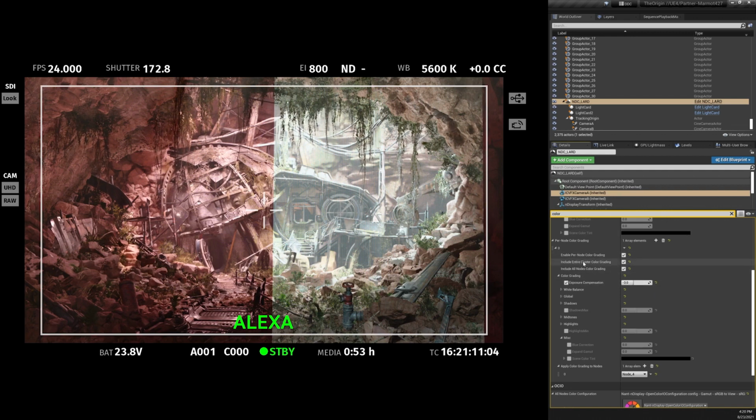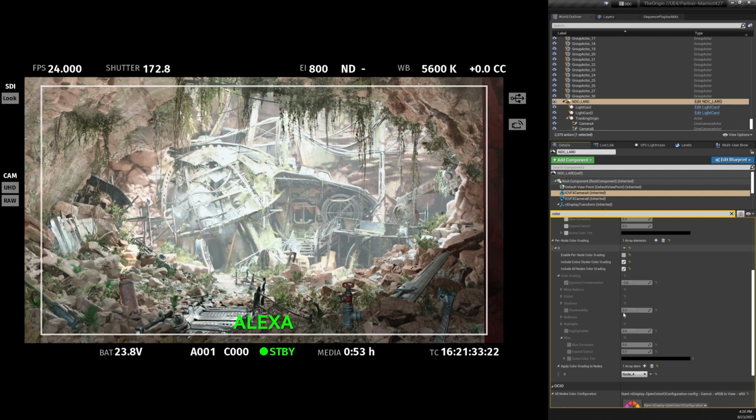Again, you can specify what sections of the stack you want to include. Do you want the all nodes color grading, which is the one that we specified up above? Yes or no? So that's that +3 to exposure compensation that we had before. Do you want the entire cluster color grading from our end display component on the top here? We switch that off. We'll see that the red changes we made earlier are gone. Or we can switch it off entirely and just go back to the settings that we had specified without this.